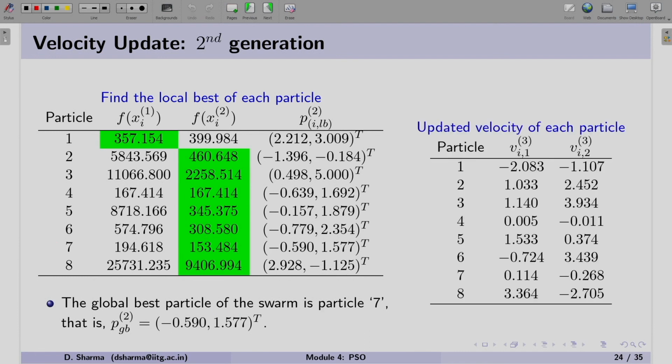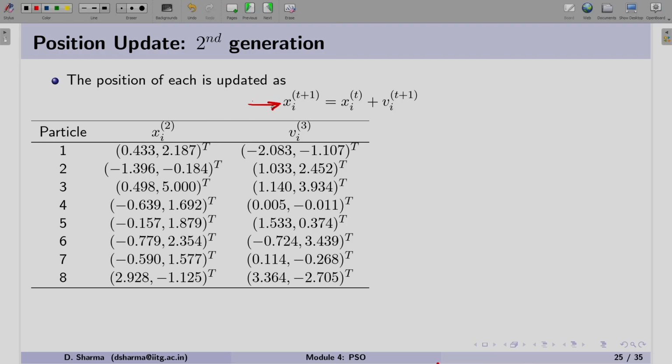Now, using the formula we can update the position, since we already know the formula and calculations. By putting all of them together, you can see on the right hand side that the velocity components of each particle are updated. Now, these components will be used to update the position of the particle. Since we have calculated the updated velocity in the previous slide, now we have to calculate the updated position of each particle. It is done using the simple formula given on the top.